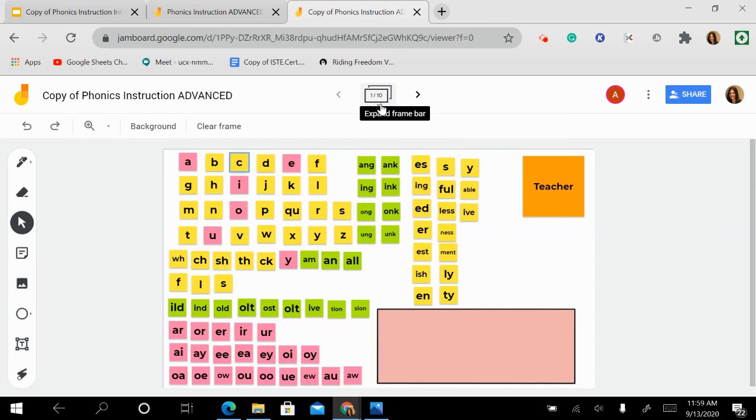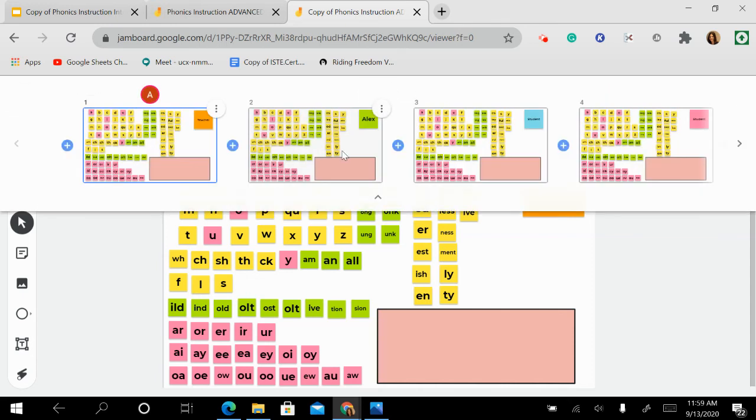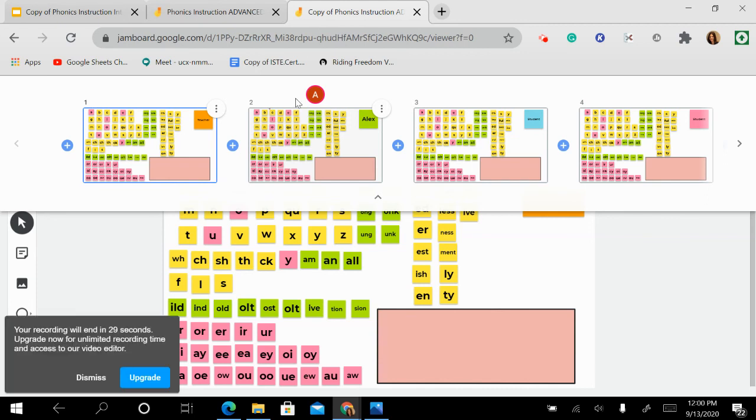For spelling, assign each kid a board. Alexander's in board 2. I'm going to tell Alexander go in board 2 for spelling. I know he's in there because his avatar just moved, and I'm going to ask him to spell a word in his board. The kids can't see each other's boards unless they scroll around and jump in it. I know he's by himself. There's no other avatars, and I'm going to ask him to spell a word, and he's going to pull down the tiles